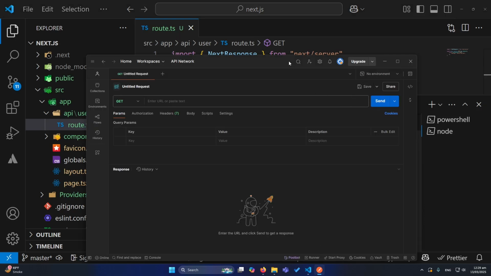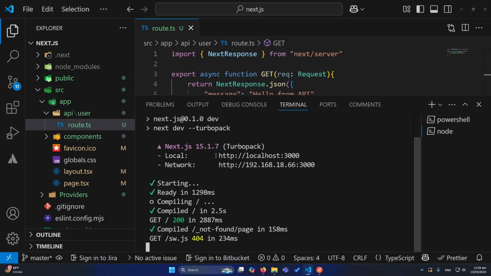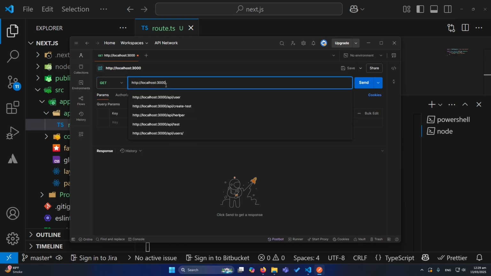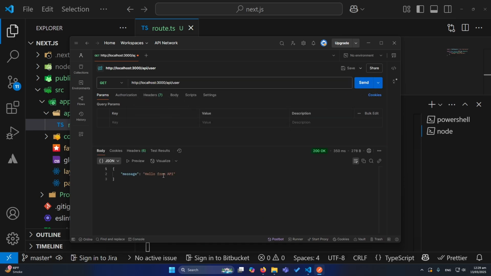So our application is running. Now I will open Postman to test our API route. You can see that our URL is http://localhost:3000. I will simply copy this and paste here. You can see we have selected the GET method from here, and here I will type /api and then / the path to our endpoint, which is user. And now let me send this request. You can see the message: hello from API. So friends, this is how we can create our first API route, which is accepting a GET request and sending